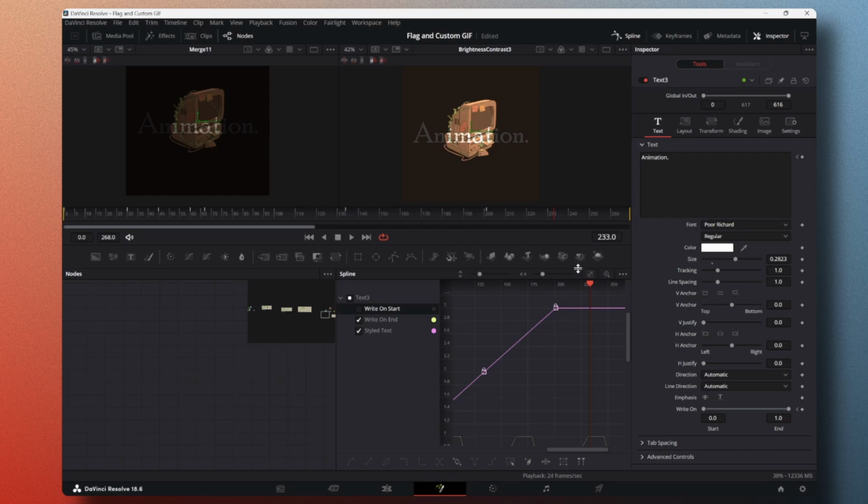So if we go to our spline, we can see that around 268, which is this point right here, we've completed an entire loop. We've completed the entire GIF. If we want, we can adjust our timeline to that. By the way, you can use this to adjust your timeline ruler. So you can put this here, and